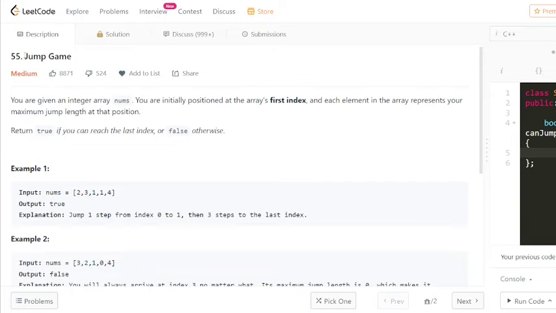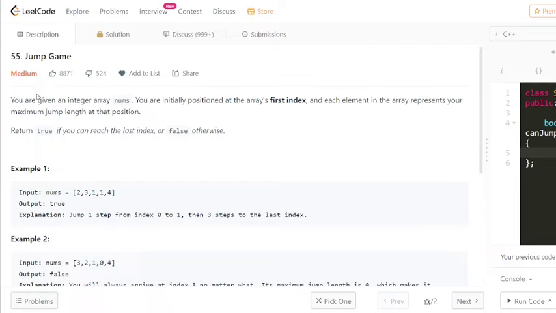So today we are gonna solve Jump Game. It is a medium level question from LeetCode. The problem states that you are given an integer array nums. You are initially positioned at the array's first index and each element in the array represents your maximum jump length at that position.